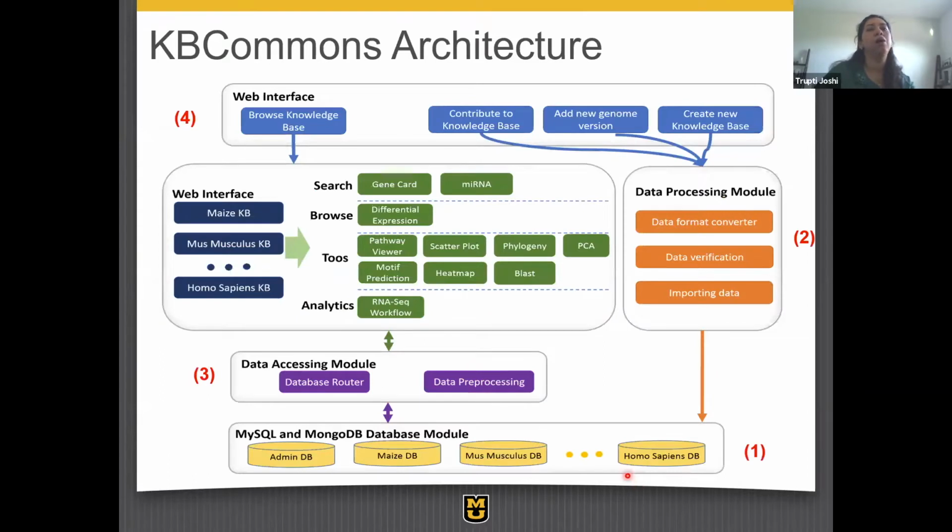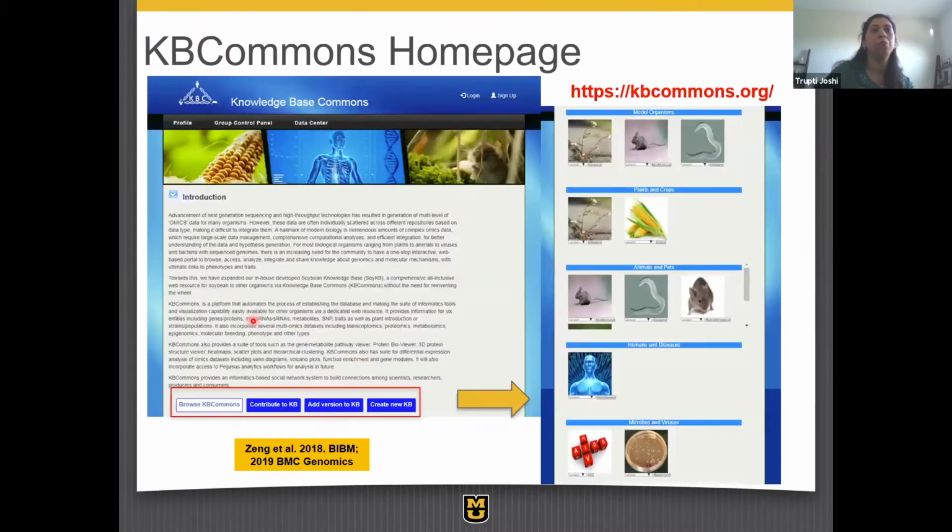We built it such that it has 4 different modules, a database module, a processing module, because now we want to give our users a lot more functionality to do things on their own instead of having to come back to the development team each time. So we also have the data access module, which talks between the database and the web interface, because this will now support multiple crops and organisms. And so the functionalities are split between these 4 different modules.